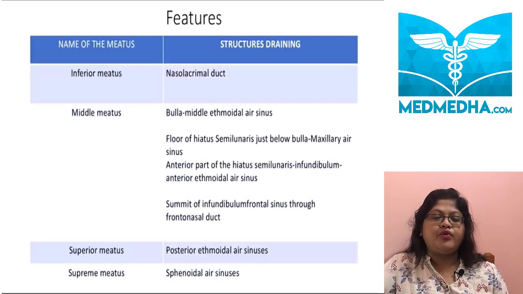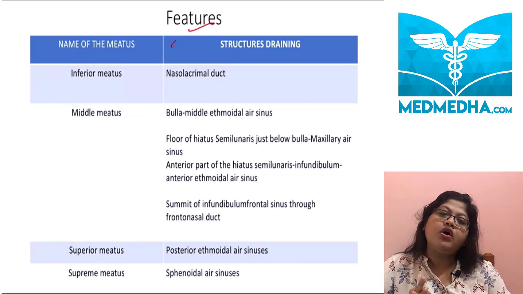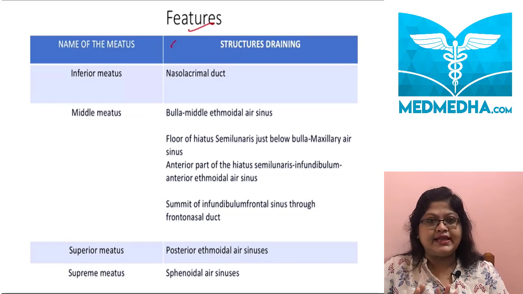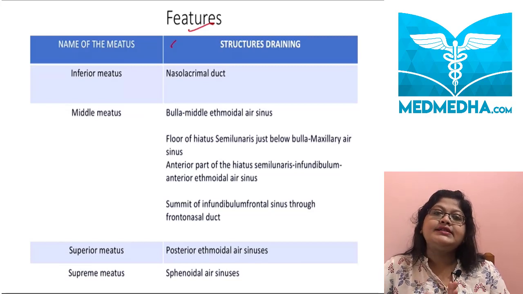So on the lateral wall, we have this concha where the middle and the superior concha are parts of the ethmoid, and the inferior concha is a separate bone. Now these concha, when covered by mucous membrane, are known as turbinates. These are the turbinates which characterize the lateral wall of the nasal cavity, and each turbinate, under its cover, it